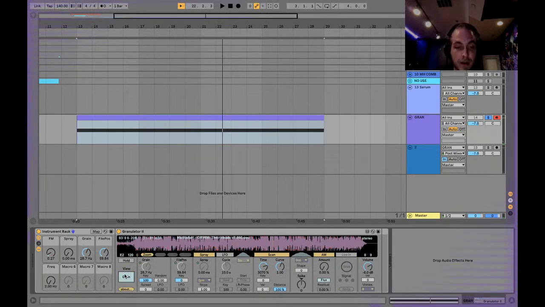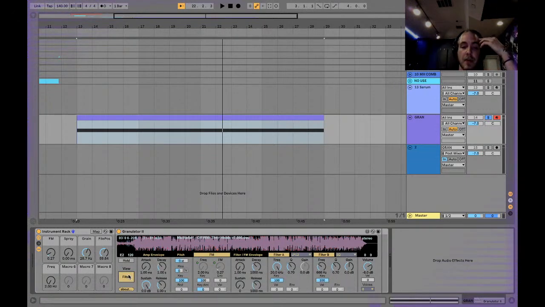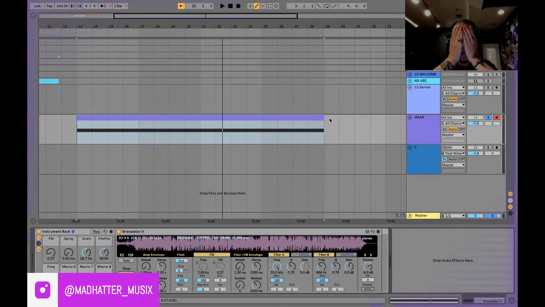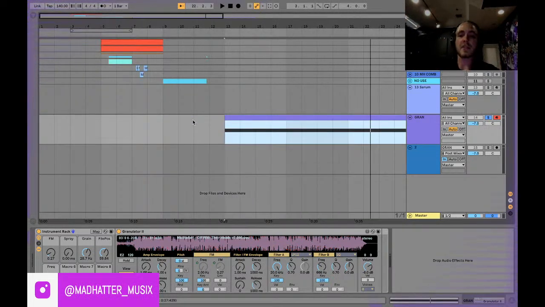Whoa, that is crazy. I love doing this for just if I'm stuck on finding sounds, just go put one of your own tracks in the granulator and start assigning the macros. I mean, this is a really good way. I saw this from another video, but I mean, you could get really, really creative with this. That I'm just trying to do it quickly. This will probably be the last sound that I do because I gotta go to the bathroom and I'm super tired. I've been here at Dub Academy all day. So it's about that time. So I'm gonna make this last little thing, put it into the